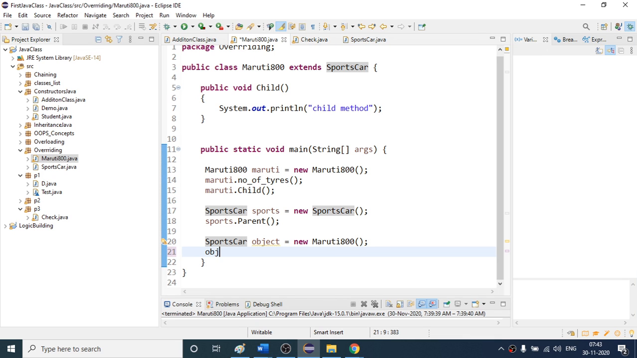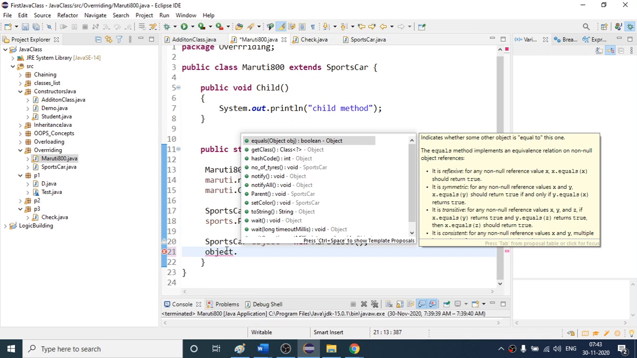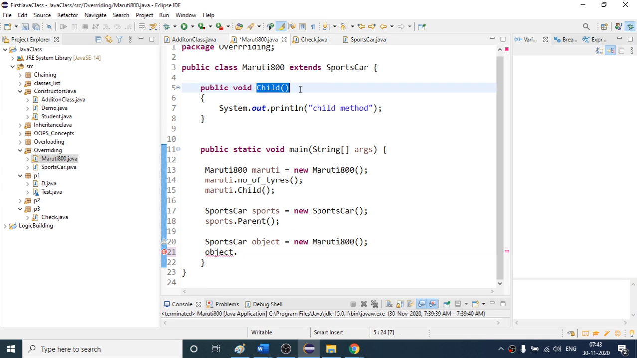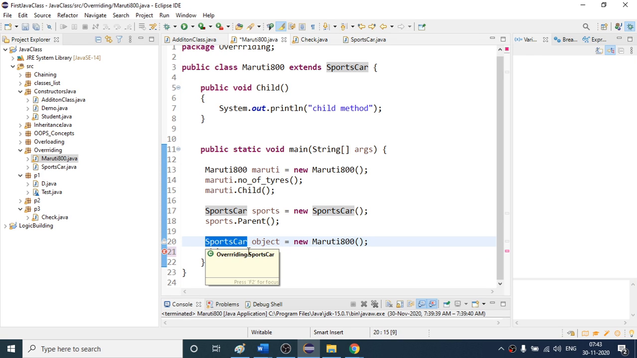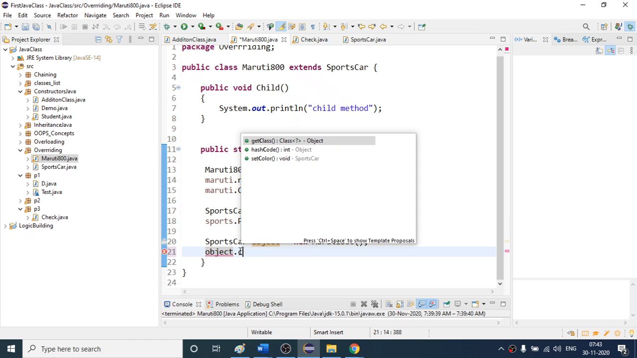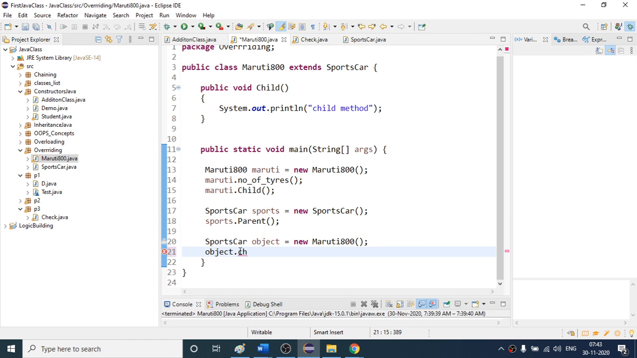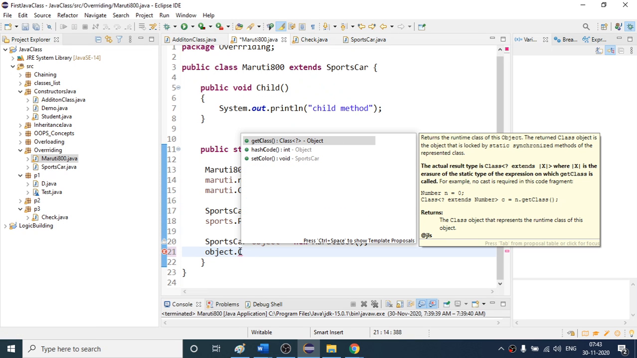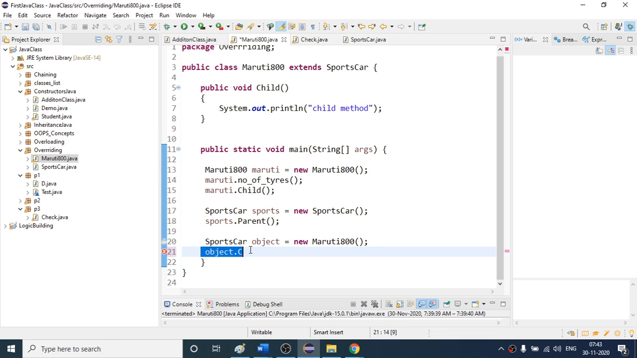So object dot, if I want to call this child method, you might think that I have created the object of this class, so I can call this. But here, as you are creating the reference variable type as the parent class, you will see dot ch, it is not even showing me the automatic suggestion. If I say child, you can see it is not showing, which means why this has happened, because when you are creating the object like this,